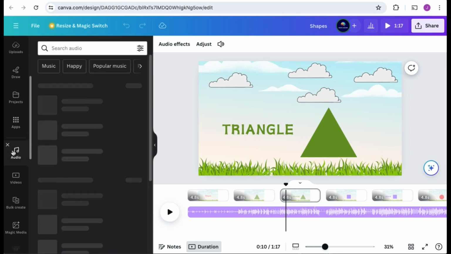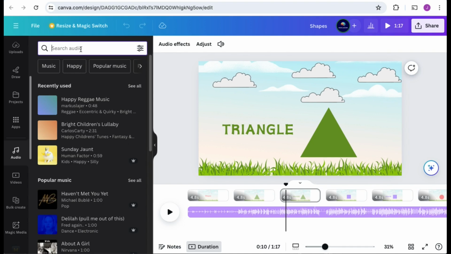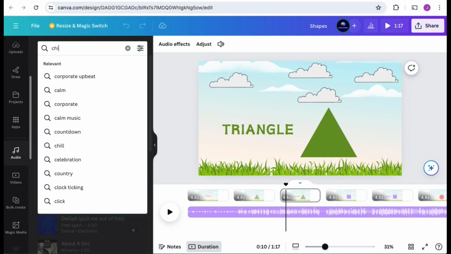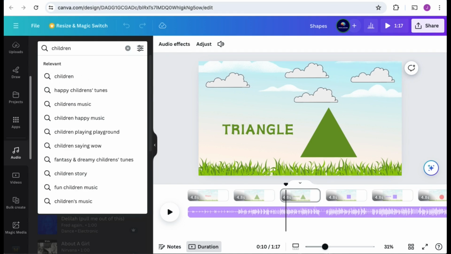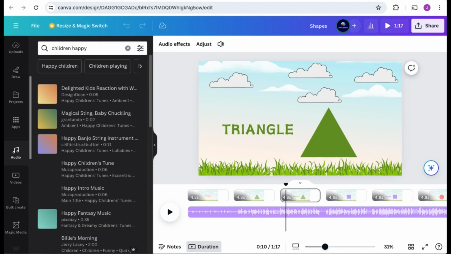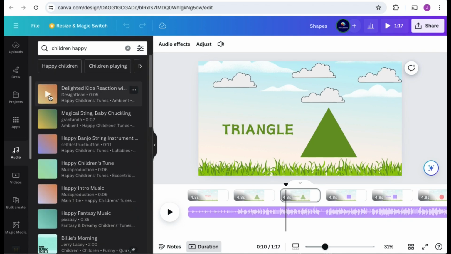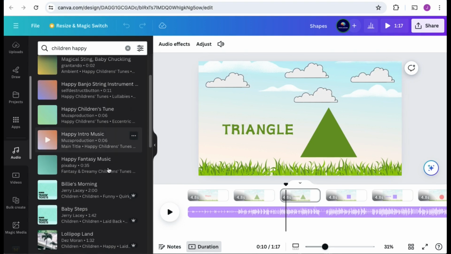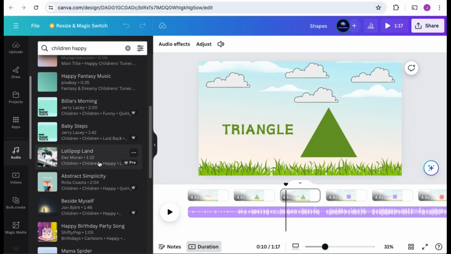So we're gonna go over to audio, and then let's say children. Happy. Wow! So that's nice. We can use that, or we can use, let's see.